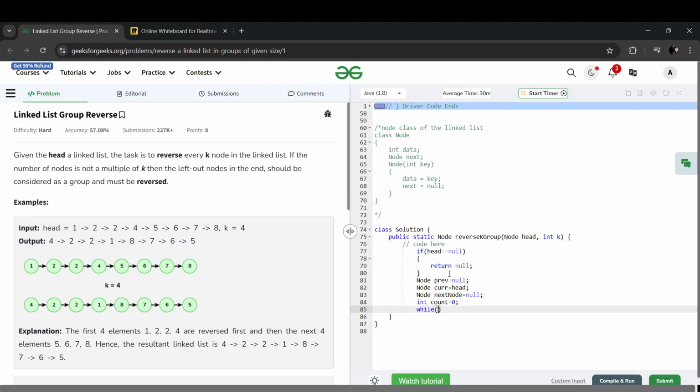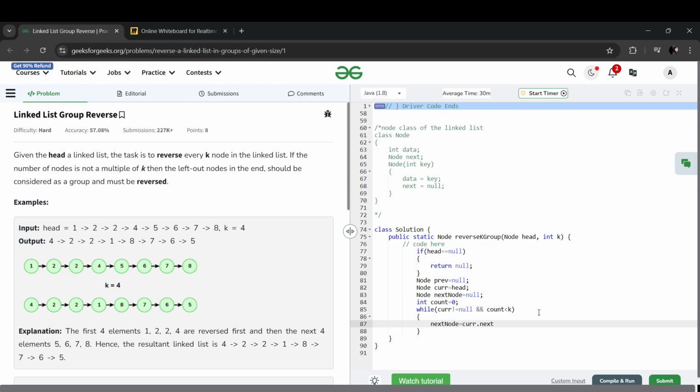The only thing I need to do is keep a counter variable so that I can check the count against k and then update it. So till my count is less than k, what can I do? I can do next node is equal to current dot next, as I said.